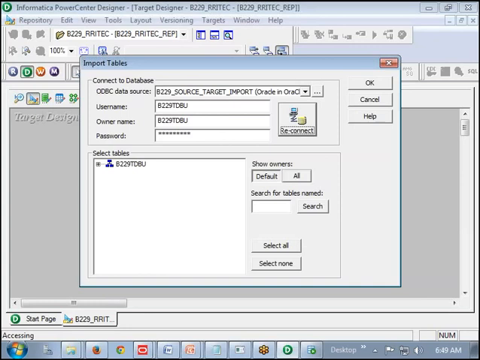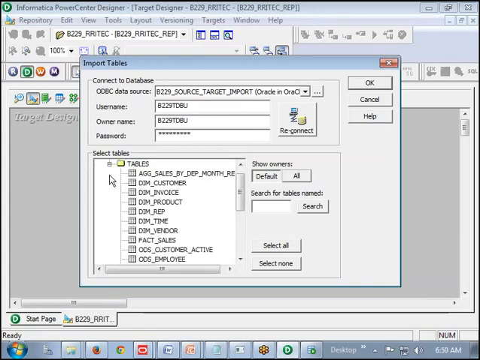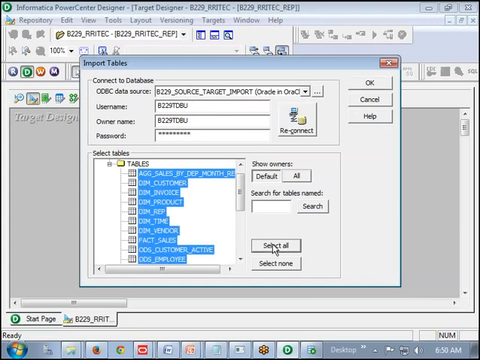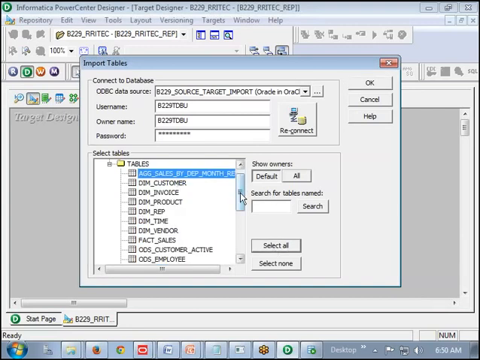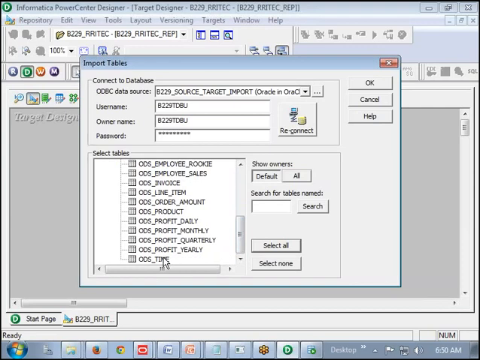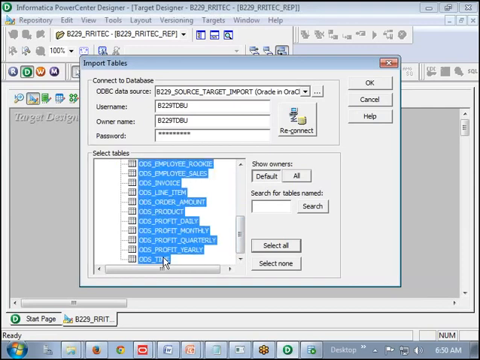Expand it. Select all the tables. Expand tables. Select all the tables whatever are available. Okay. You can even use Control to select them. First we have to select at least one table, then you click on select all. Or you can select the first table and go to the last table, press Shift and select like this also. Whatever you select, the result is one and the same. Click on OK.